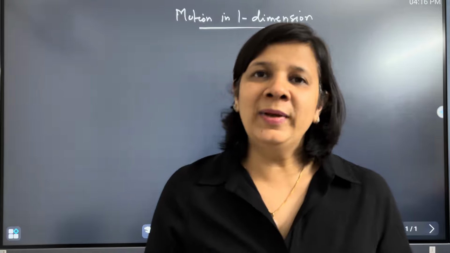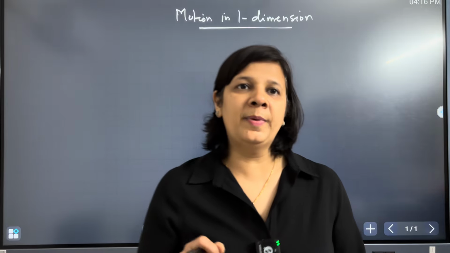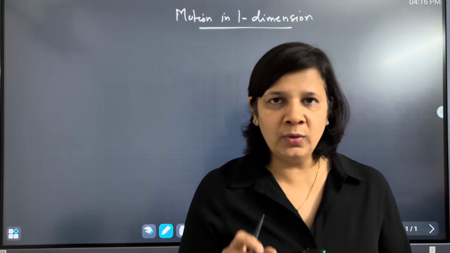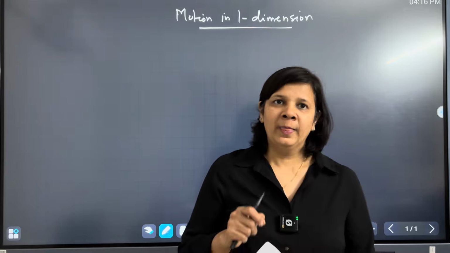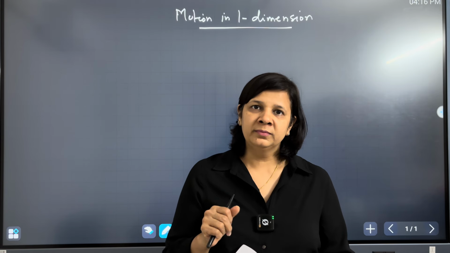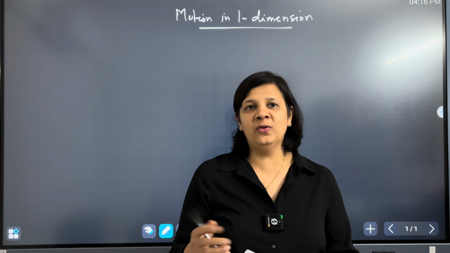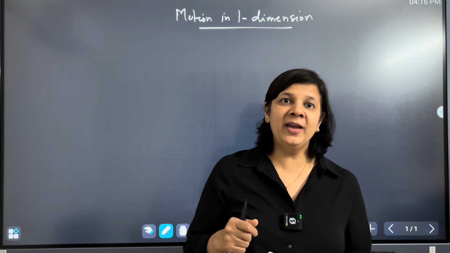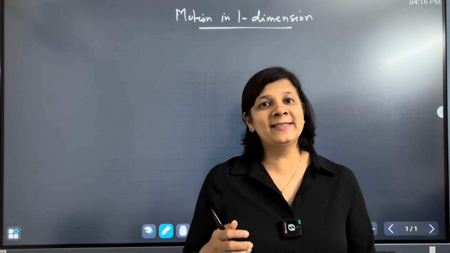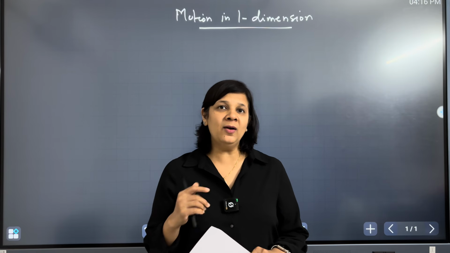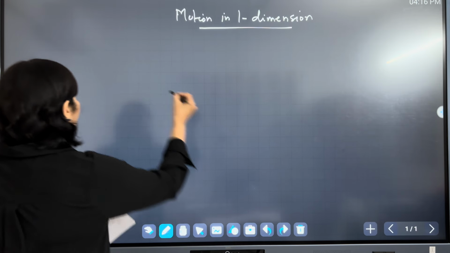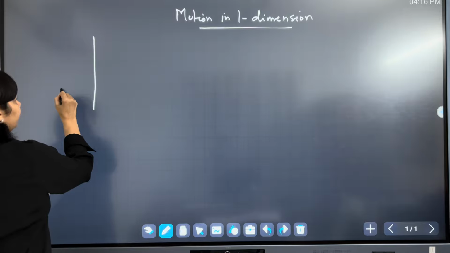Okay, so in the last lecture, we talked about the slope of a straight line. I told you that if we have a position time graph, then the slope will give you either speed or velocity of an object, right? And if we have a velocity time graph, then the slope of that will give you acceleration of an object. But now I want to mention a very important point, that if the slope is given,